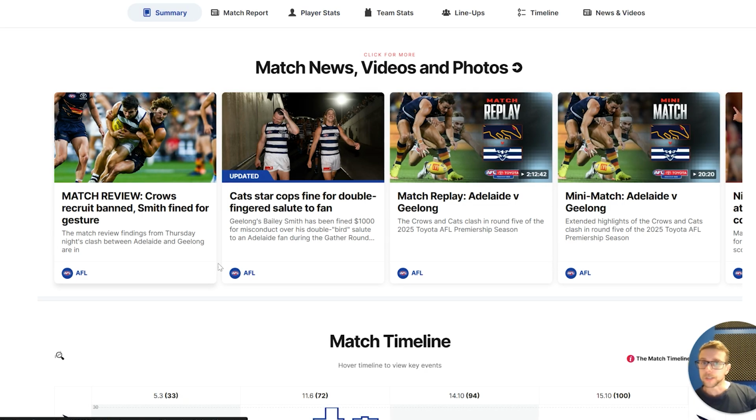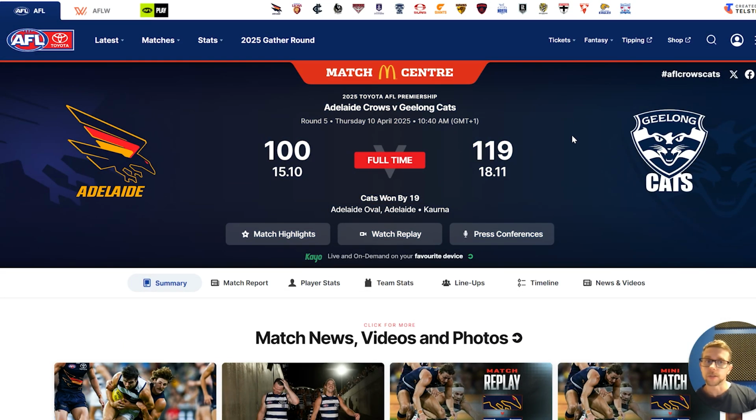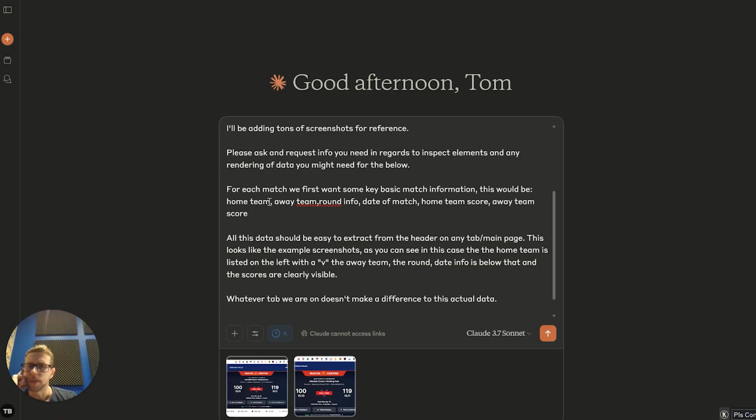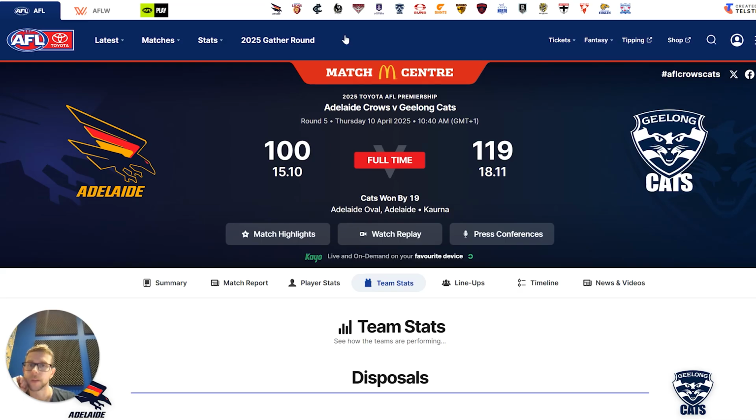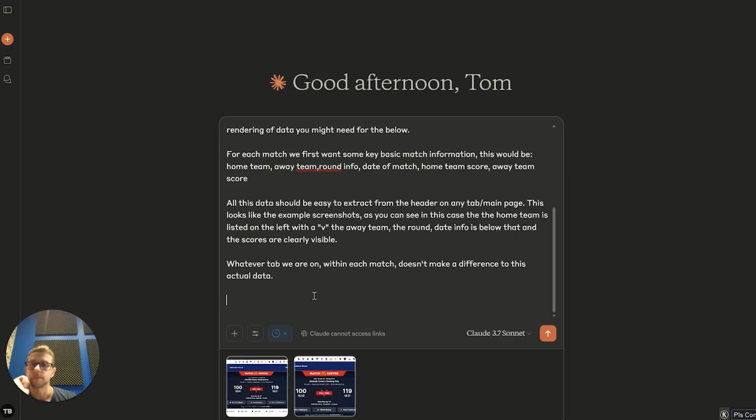So what I'm going to do now is get this kind of information and ask it what I want, and then I'll come and show you what the prompt looks like. As you can see, we have some extra information in here for each match. All this data should be easy to extract from the header. I just had a couple of screenshots here. Whatever tab we are on, I'm going to say within each match, doesn't make a difference on the actual data. So after we've collected the match info,